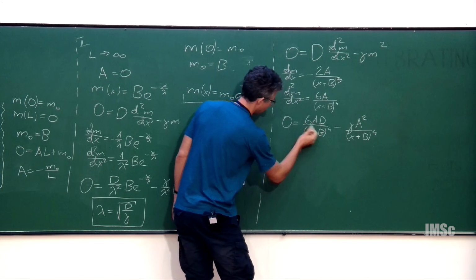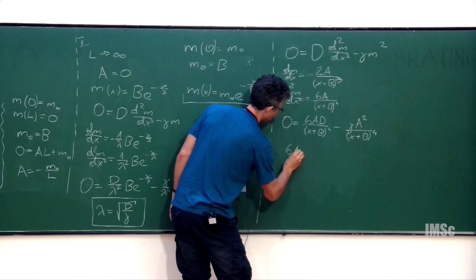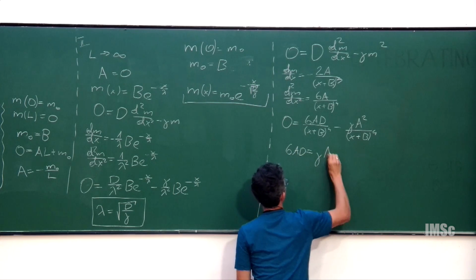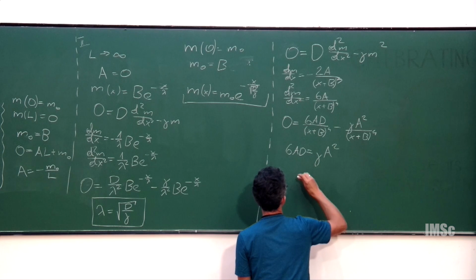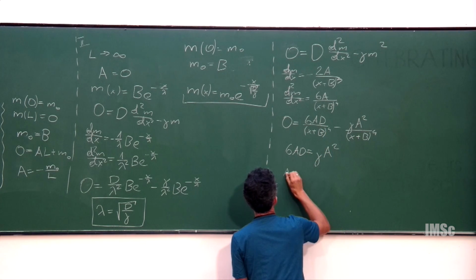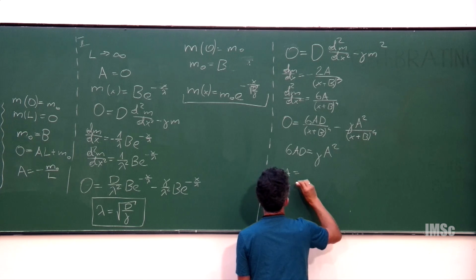So we have, and with this, you know, A cannot be 0, so basically A is equal to,